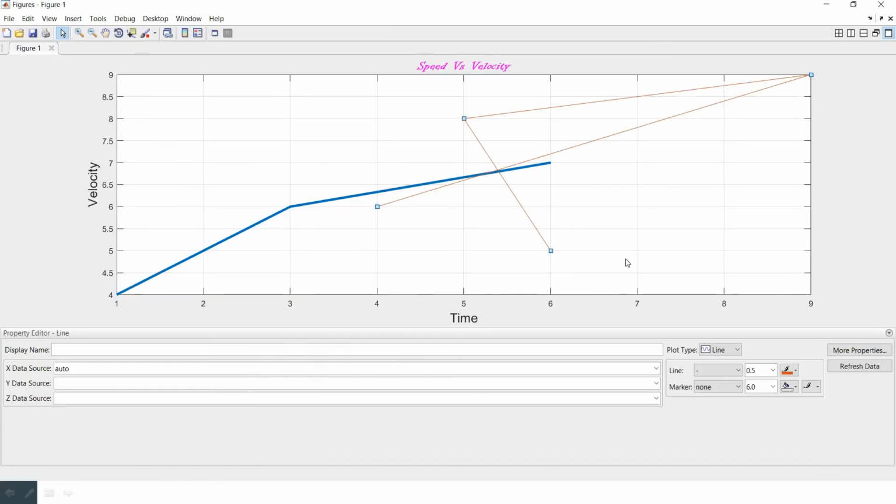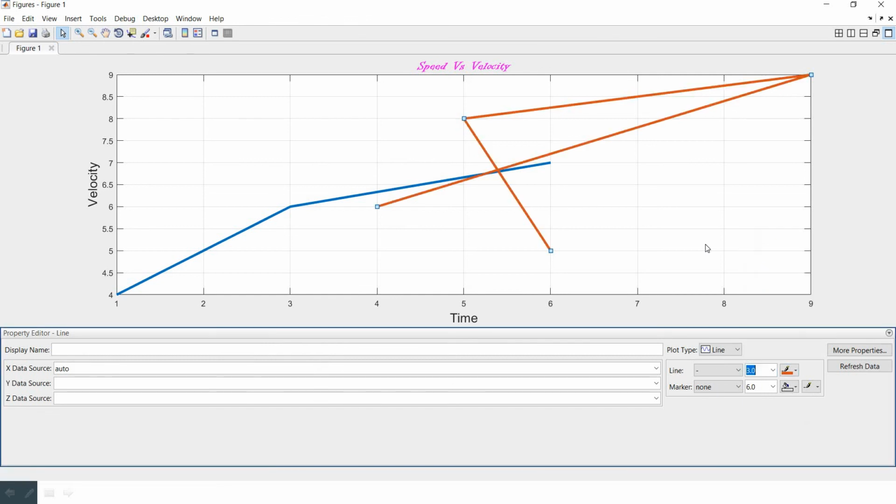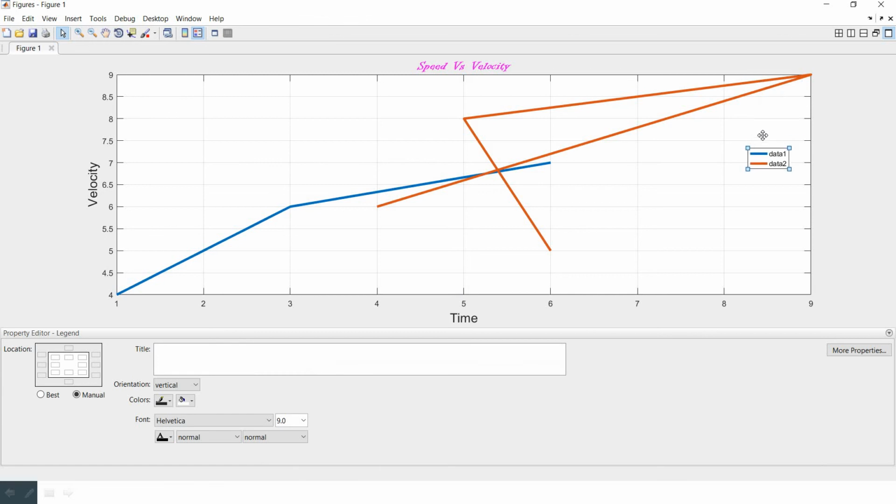So now you have two graphs. If you want to differentiate between these two, which one represents what, then you can use this legend. Just see this thing, insert legend. So we have data 1 and data 2.